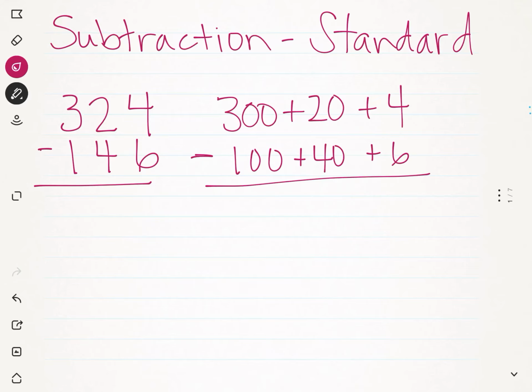Hi boys and girls, we're going to be working on some more subtraction, but this time we're going to be subtracting to the hundreds place instead of just the tens place. The steps are going to be pretty much the same except we have an extra place. I'll be showing you two ways and you can pick the way you like best to show your work for